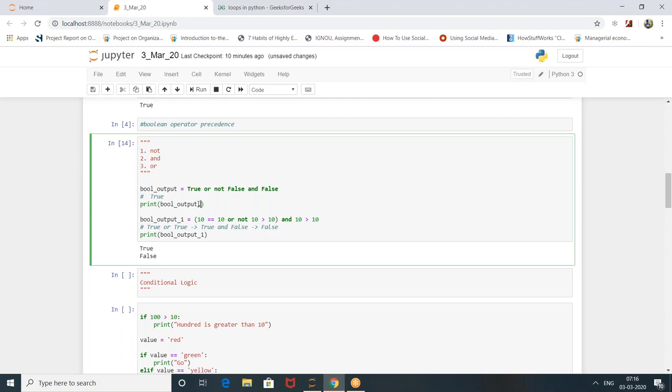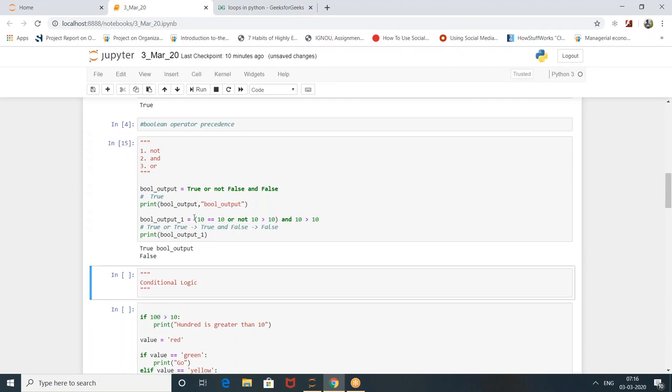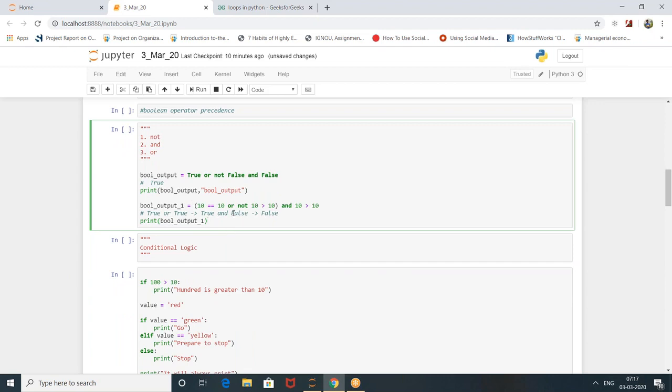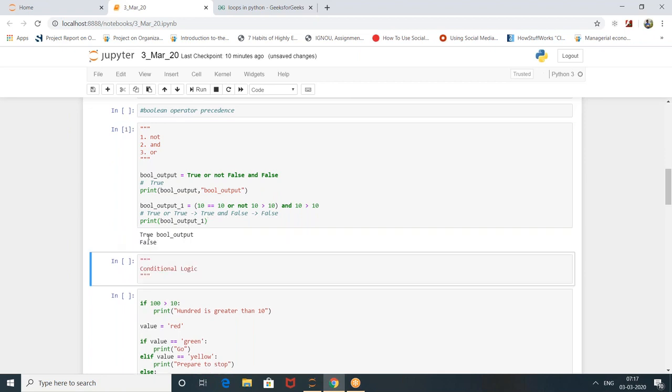Let's see the print statement. Okay, let me restart the kernel. Might be in the above statements I've put something. Okay, again it is returning true, then we are reading it something wrong.